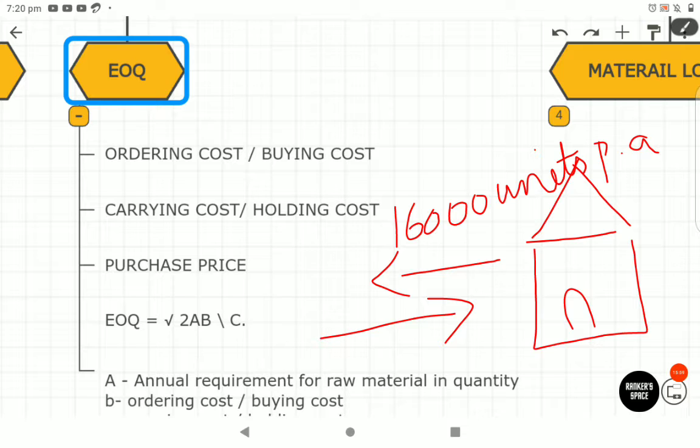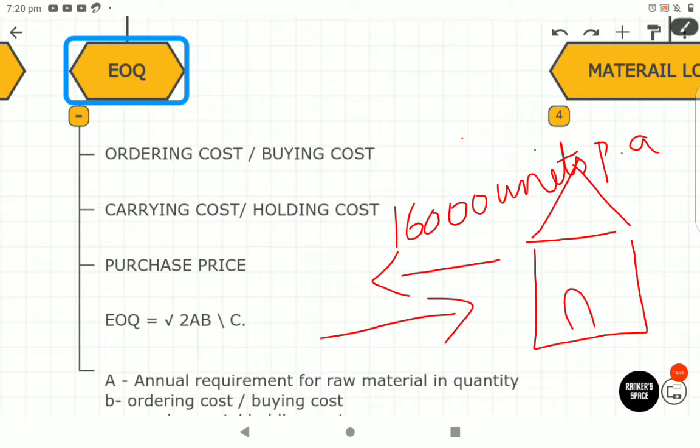There are two different types of cost in EOQ. You have ordering cost, and you have carrying cost. So in this particular case, your carrying cost or holding cost. What is carrying cost, holding cost, ma'am? Carrying cost, holding cost means the cost to maintain this material. Material is highly prone to deterioration, obsolescence, and various other risks, because you are stocking for a whole year, not even for one month's consumption. You are storing it for per annum consumption. So much stock you're buying and keeping in the factory.